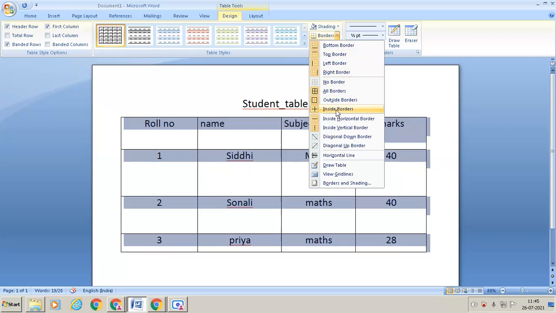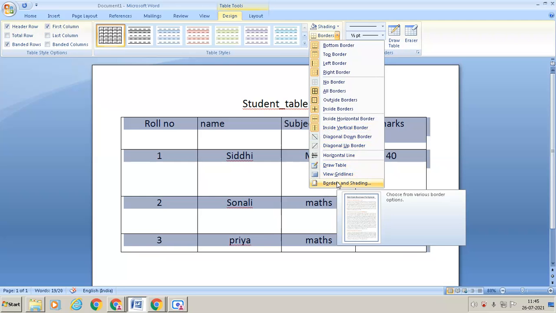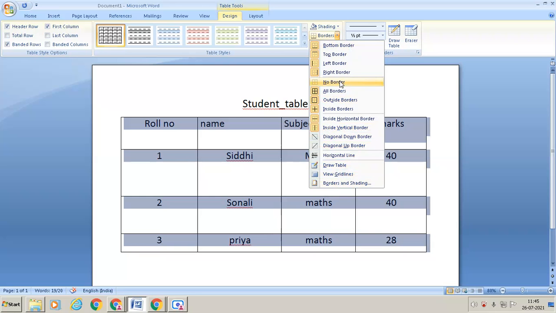Only outside border, only inside border, inside horizontal border, inside vertical border, and diagonal down border, then diagonal up border. If you want a horizontal line, or to draw the table and grid lines. So from here, whichever border you want, you can take.